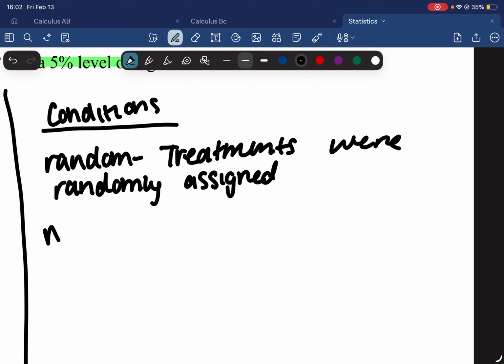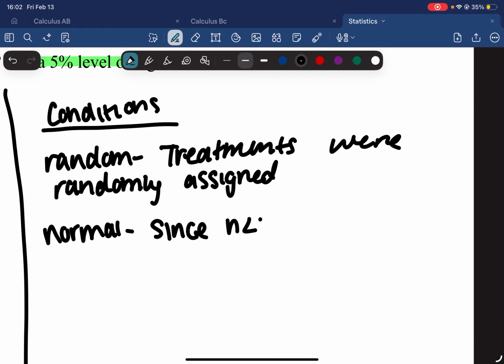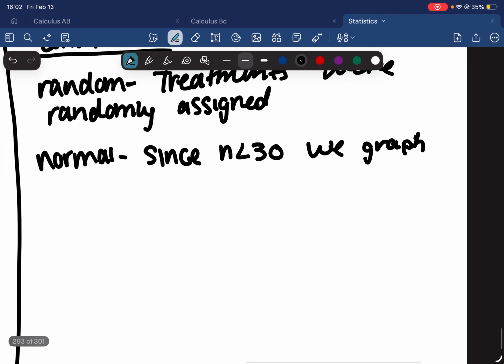Okay, and then for the normal condition, our goal is to use the central limit theorem, but if not, then we graph and make sure we don't see any outliers or extreme skewness. So we're going to say since n is less than 30, because our sample size was 16, we graph. Okay, and then remember, we always graph a